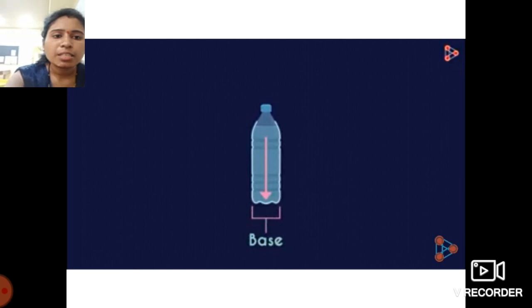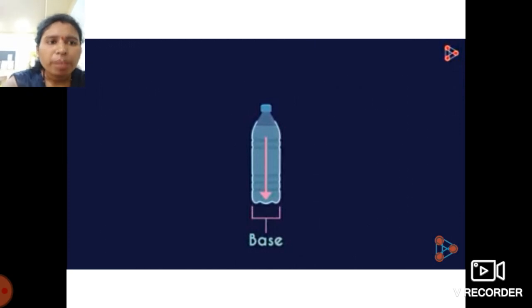Here we take an example of a bottle which is filled with water. How does this liquid exert pressure? Does it exert a pressure or not? These are the questions we already have in our mind, so let us do this activity. When we fill this bottle full of water, the water exerts a pressure on the base and on the wall of the bottle in which it is enclosed.